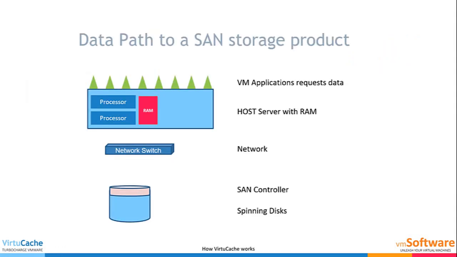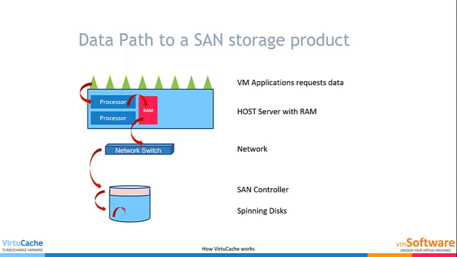So let's see how VirtuCache works. First of all, we'll look at the data path without VirtuCache in a VMware environment. The green triangles simulate VMs sitting on the hypervisor. So the application either requests or writes data, which then travels over the network down to the SAN controller, down